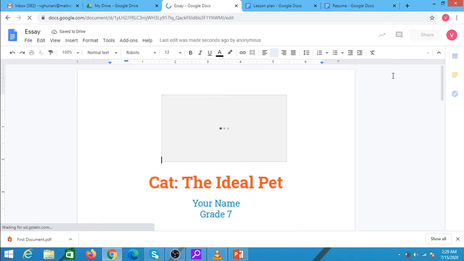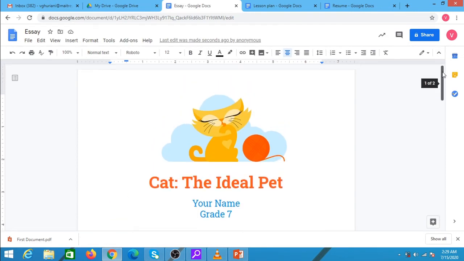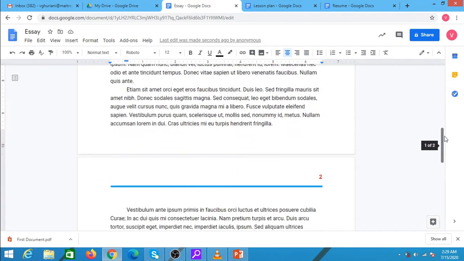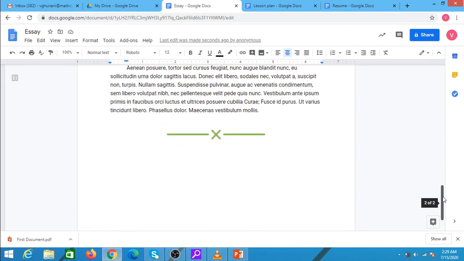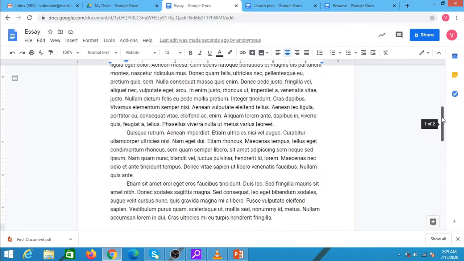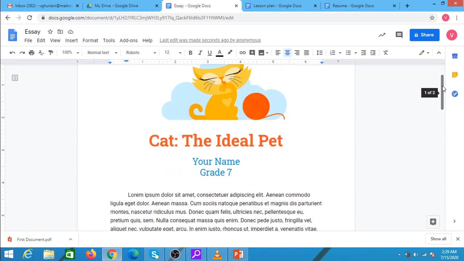The template opens in the Google Docs. We can see that this particular template has an image also and the text is written below. So if the students wish to organize their text in this particular format, the template can be selected and you can start writing your own text over here.